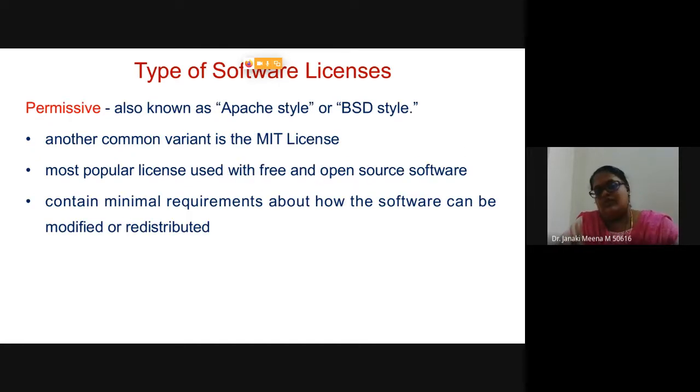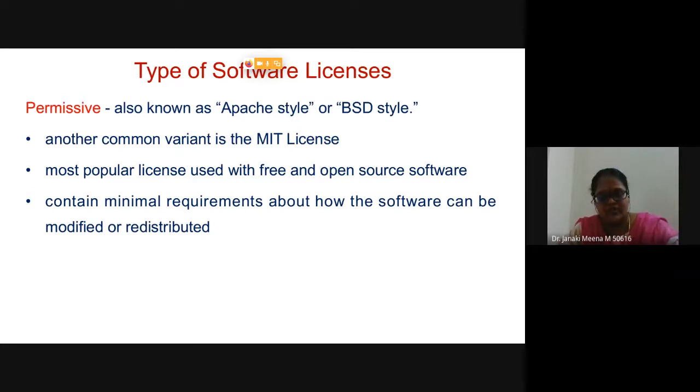And permissive is the next type of license, which is also known as Apache style or BSD style, and its common variant is the MIT license. It is a very popular license used for free and open source software, and it has some minimal requirements about how the software can be modified.